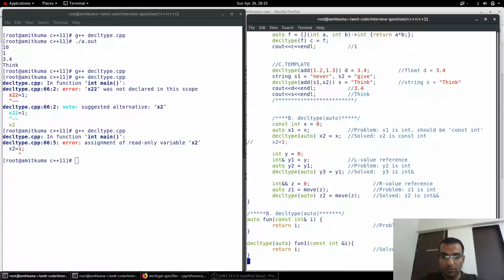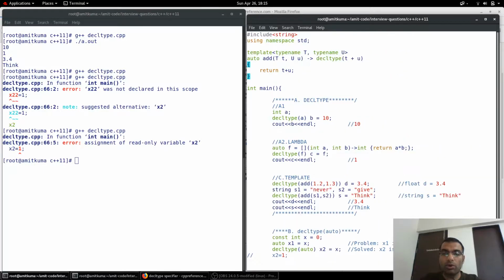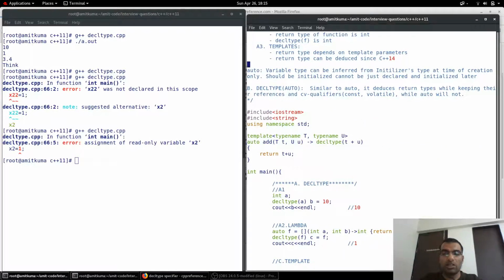If we have a function returning a const int lvalue reference, i will be of type int only with auto, but if we use decltype(auto), i will be of type const int lvalue reference. So the difference between decltype(auto) and auto is that decltype(auto) preserves the type while keeping the references, that is rvalue or lvalue reference, and the CV qualifiers, const and volatile, while auto will not.